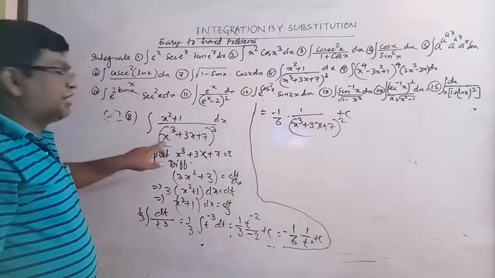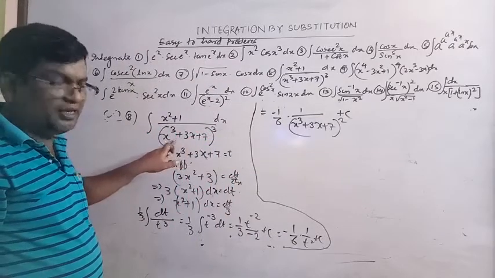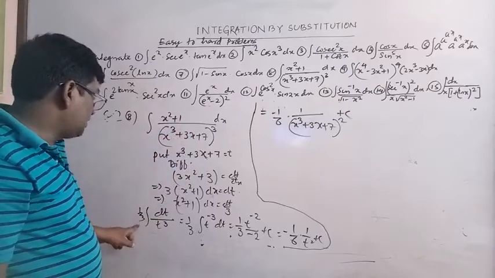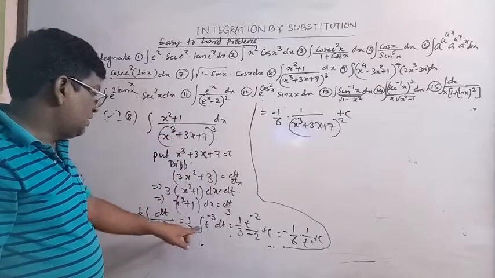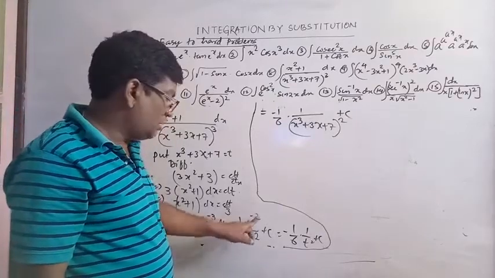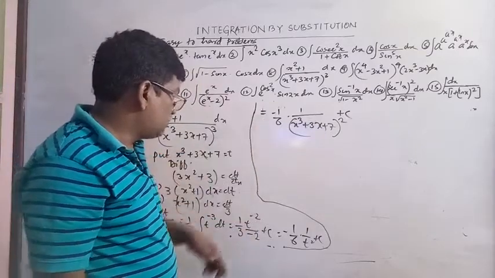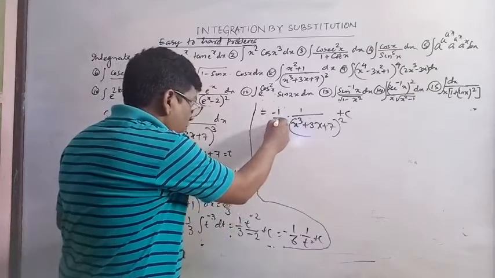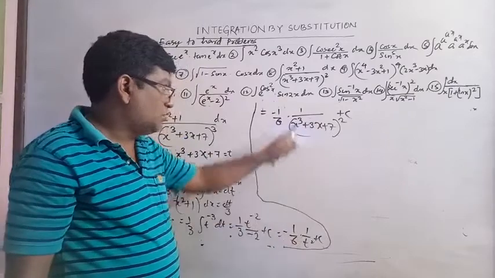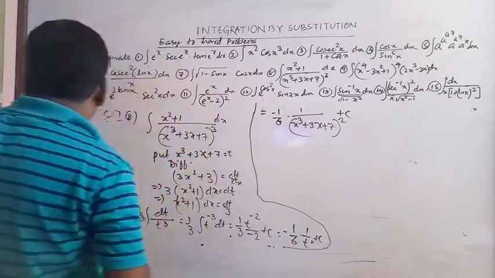Again, repeat the question. What is the derivative of x cube? 3x square, and this is 3. So take common 3, and x square plus 1 is present. So take this term equal to t. Now 1 by 3 dt by 3. So 1 by 3 t to the power minus 3, plus 1 gives minus 2, divided by minus 3 plus 1, minus 2. So this is equal to minus 1 by 6, and t to the minus 2 means 1 by t square, so 1 by t square plus c. This is the answer of question number 8.